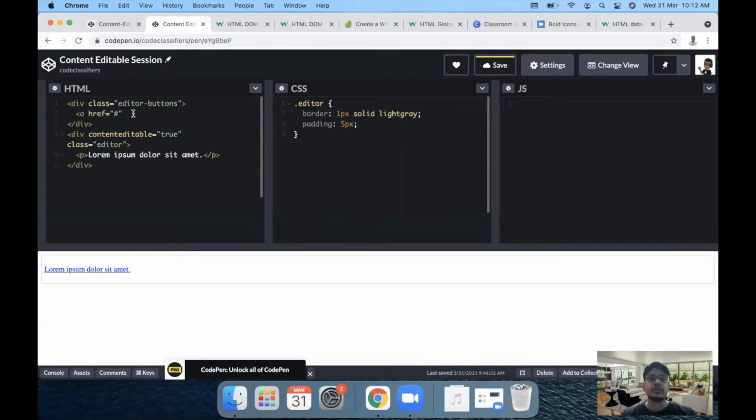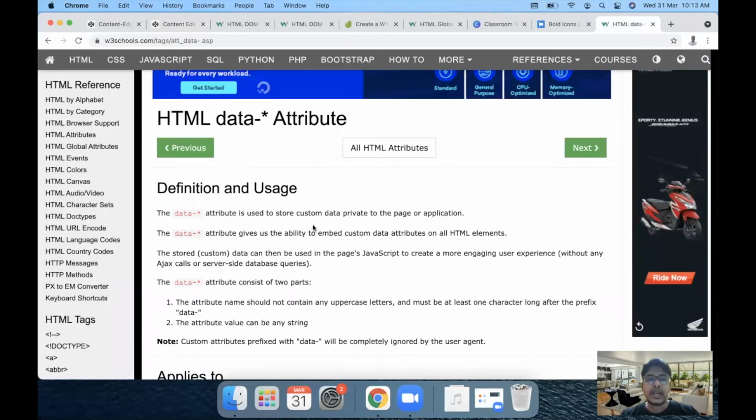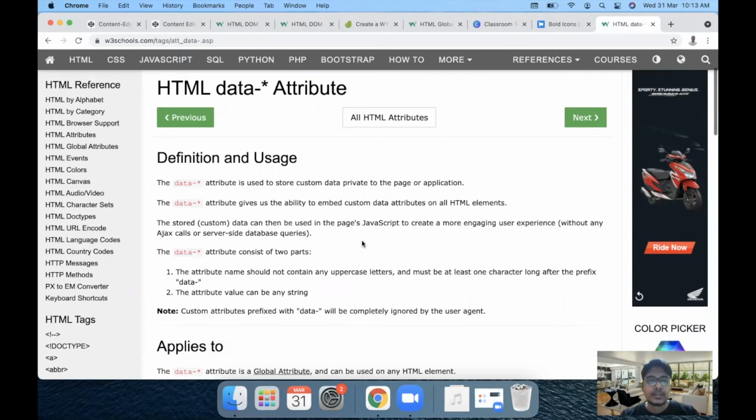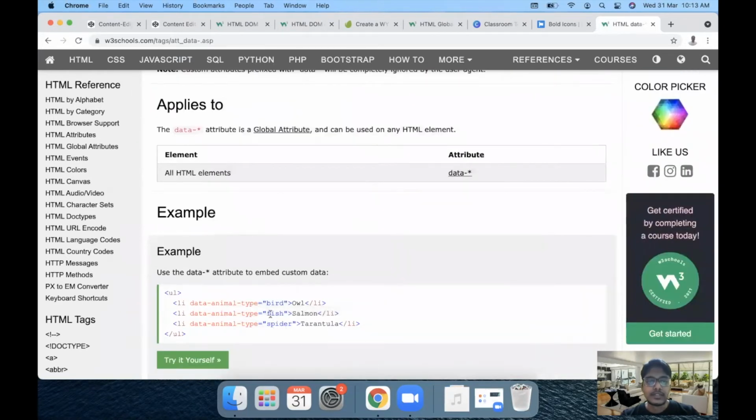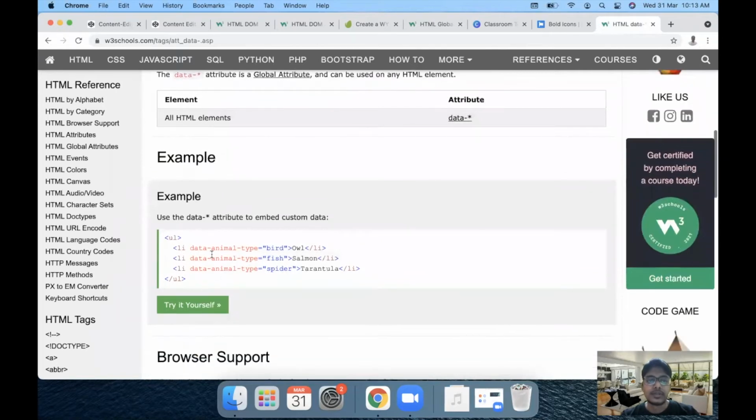Now before we proceed further, we need to understand another attribute called the data attribute. The data attribute is used in HTML to add custom properties. For example, we can have a data attribute to store custom data or private data in our page or application. So we are going to use a data attribute like this. This is an example from W3Schools. I can have a data animal type as bird, owl, or salmon.